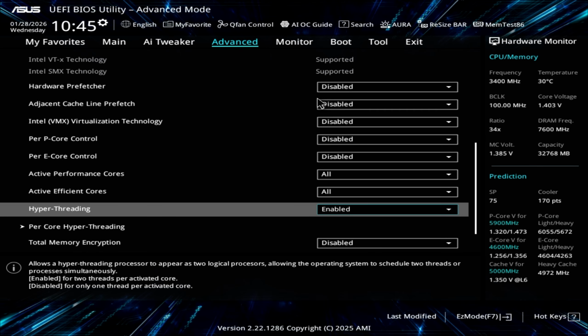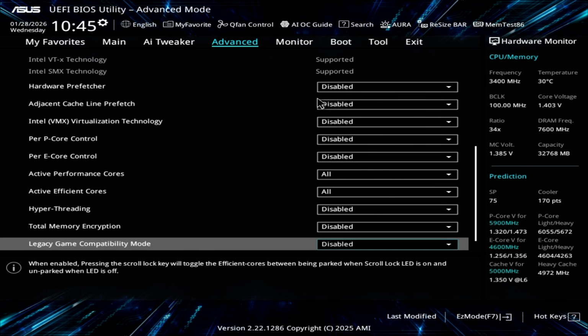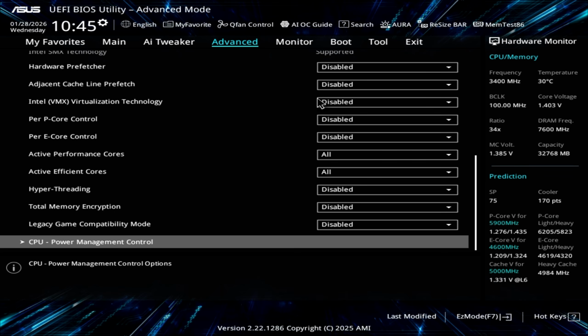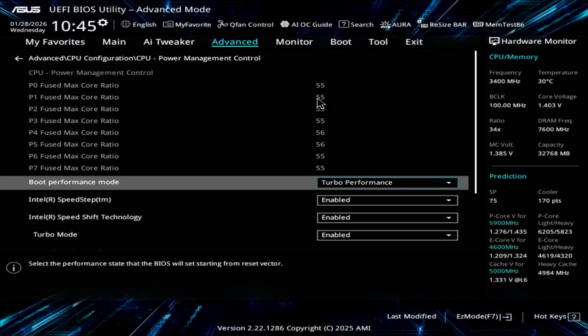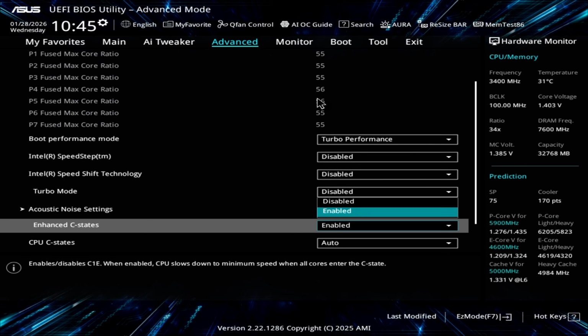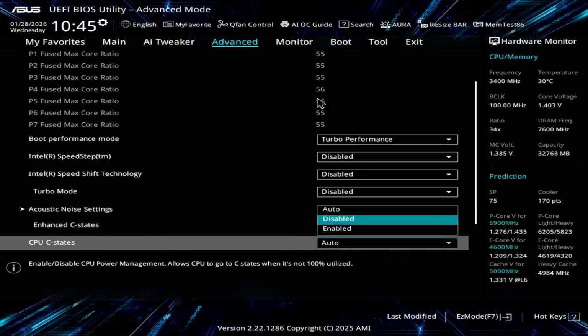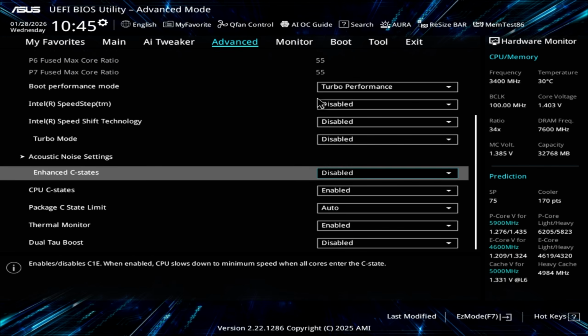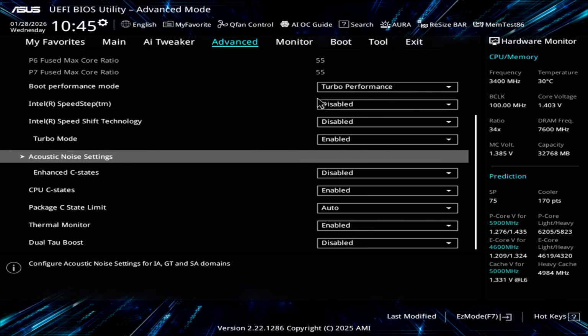For gaming, I put hyperthreading off. The same, if I want to go for world records in Cinebench or, I don't know, in TimeSpy, you need hyperthreading, right? If you are gaming, maybe I'm wrong. CPU power management. Remove chopper mode, remove these three, no need to end C-state. We want to keep C-state. We want to keep turbo mode, sorry.